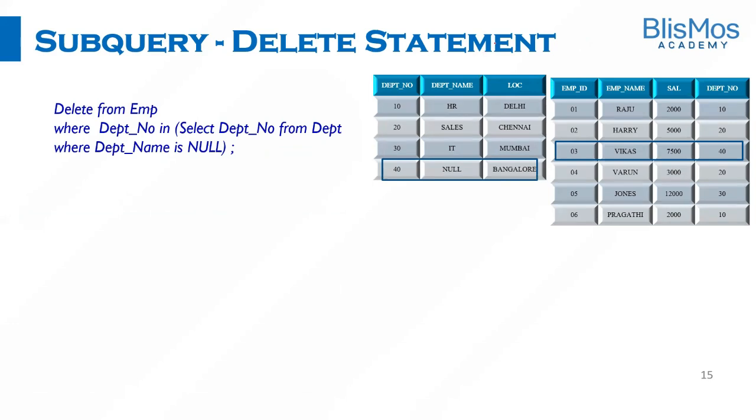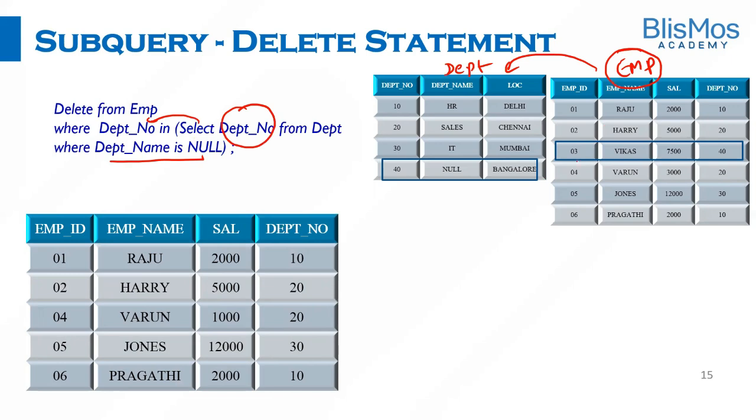So how does the delete statement work? We have the department and EMP tables. You want to delete the record in the EMP table where department name is null. But do you have a department name as a part of the EMP table? No. Again, we have to take the help of the department table here. First, we'll select the department number where department name is null. That will be funneled to the main query. With that, we'll delete the record in the main table, that is EMP, which is having a null value in